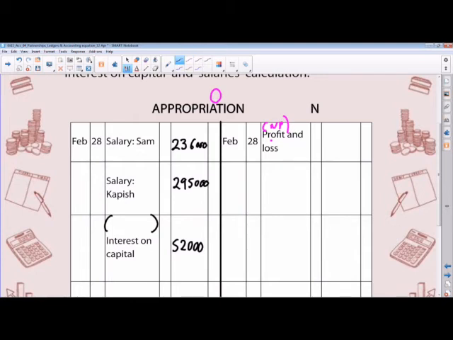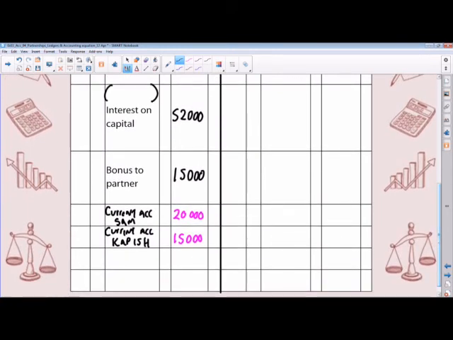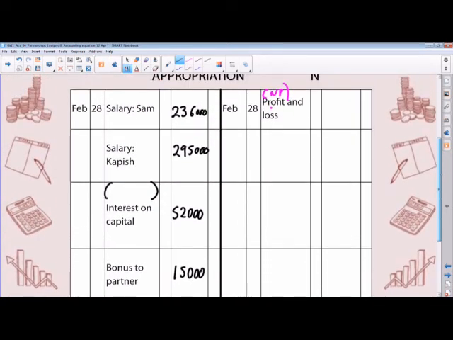Now remember guys, appropriation, once you've filled in all the details, the debit side is equal to the credit side. In other words, once you share the remaining profit, then this account closes off because you've now shared the remaining profit. So in order for me to calculate what was the net profit that came from the profit and loss account,